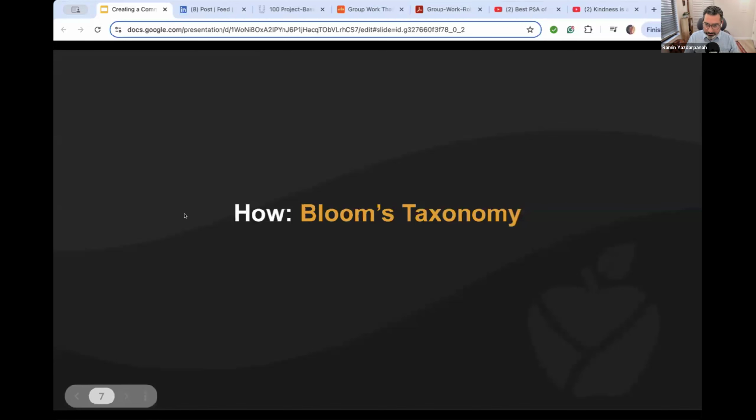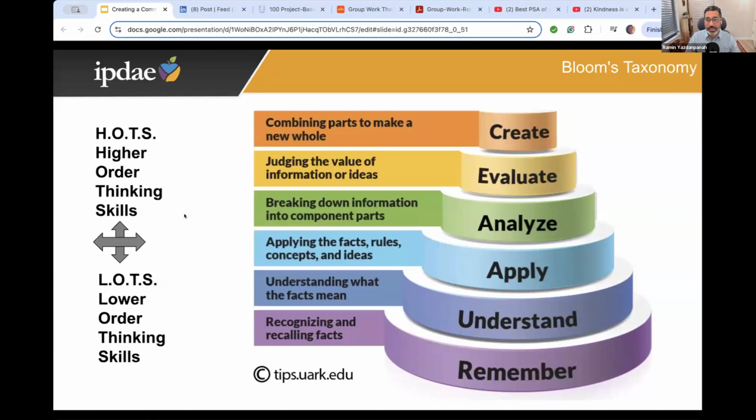Okay, so a bit of Bloom's taxonomy. Many of you may have seen Bloom's taxonomy. Originally, it was developed as an instructional design tool to analyze and evaluate learning, right? And to identify gaps in learning, for example. But what it does is organize learning across these lower order thinking skills, or LOTS,